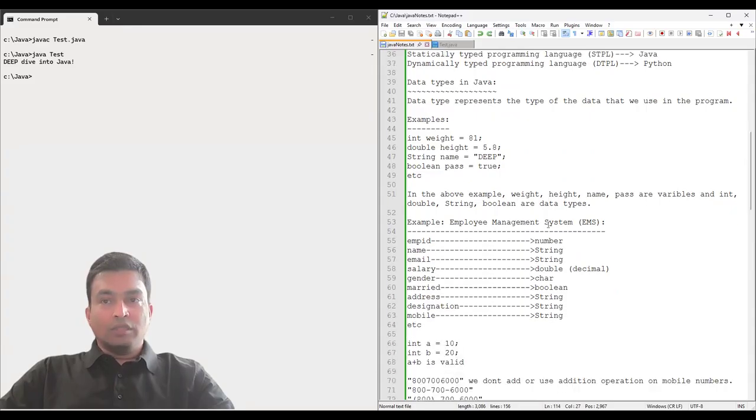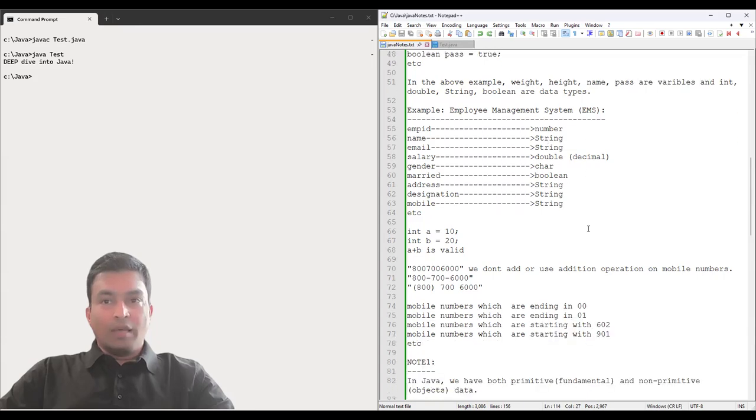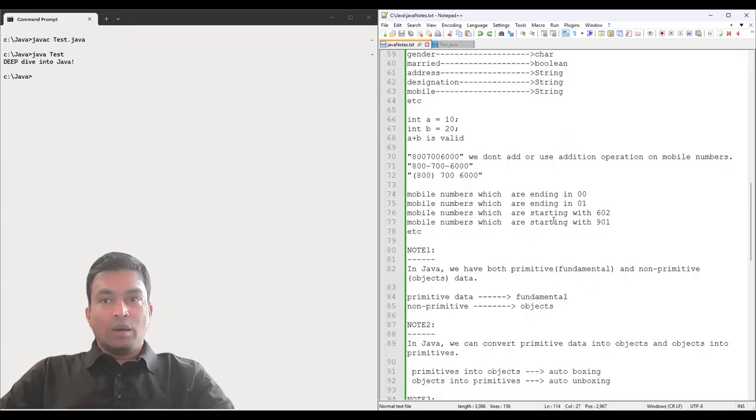And we have also discussed a sample employee management system and why mobile number should be a string and not a number, and how we can pull the employee details whose mobile numbers ending in certain numbers or starting with